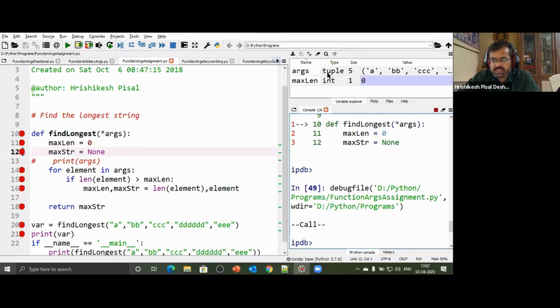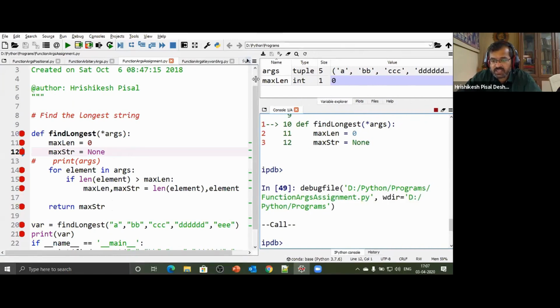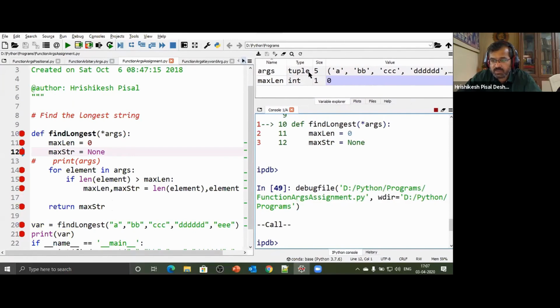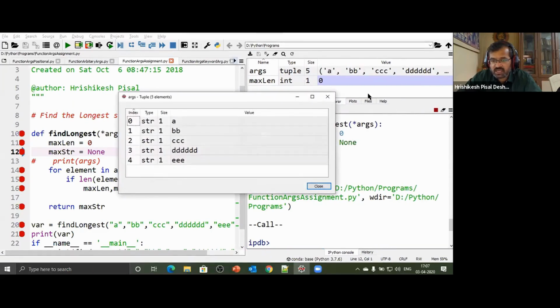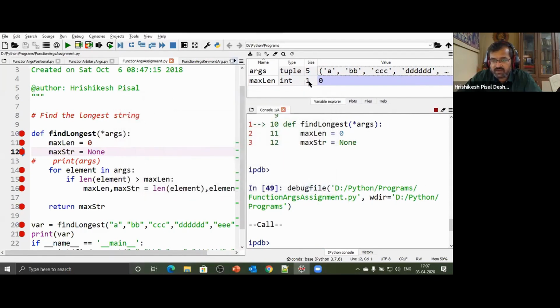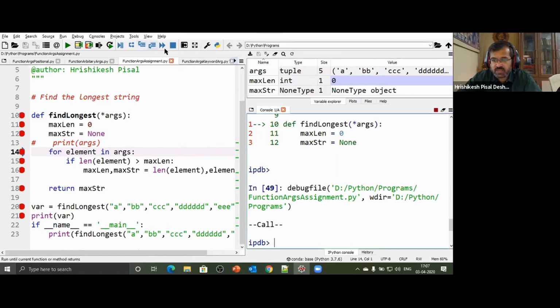everybody pay attention on the right hand side, देखो ये क्या है, args is a tuple, args क्या है तो tuple है, tuple में क्या है, टाइप 5 है, उसमें वैल्यूज कौन कौन से हैं, वैल्यूज ए बी सी डी एंड आखिरी में ई, ए बी सी डी ई करके वैल्यू है, दीज आर 5 वैल्यूज। मैक्स लेंथ का वैल्यू इनिशियली 0 है, पे अटेंशन भैया। तो मैक्स स्ट्रिंग में क्या है, मैक्स स्ट्रिंग में नन टाइप है, कुछ नहीं है, नन है और इट्स नॉट पॉइंटिंग एनीवेयर।